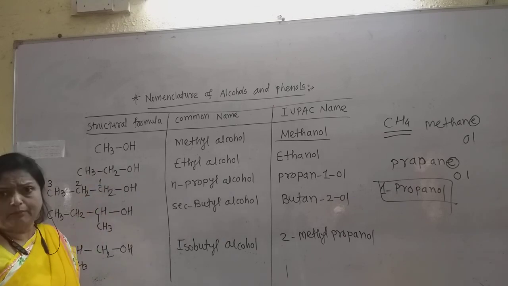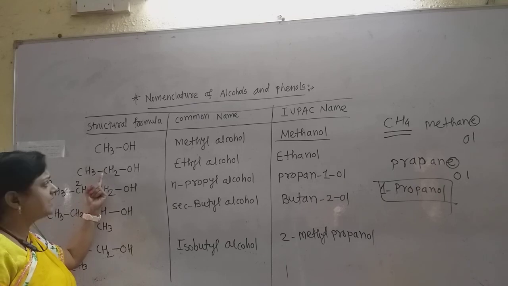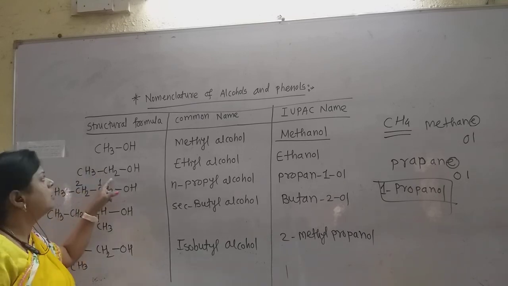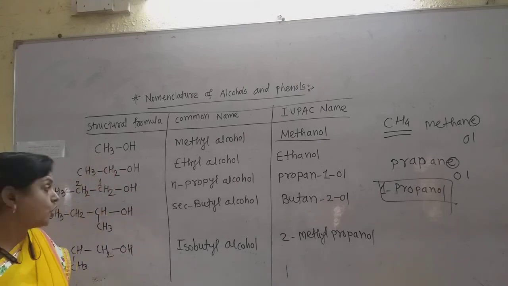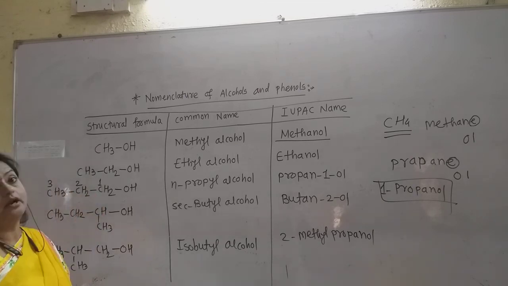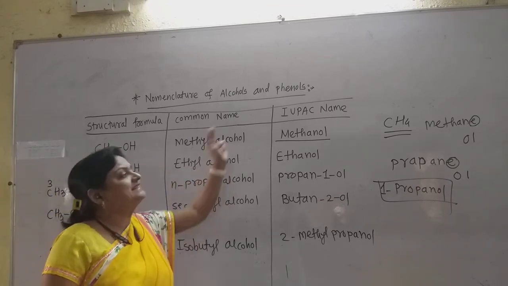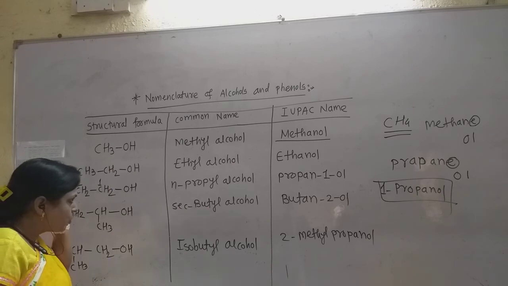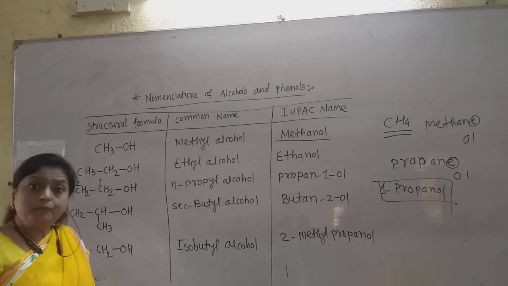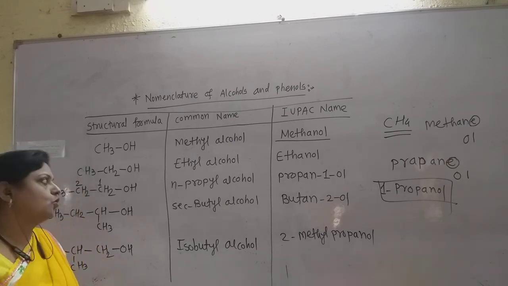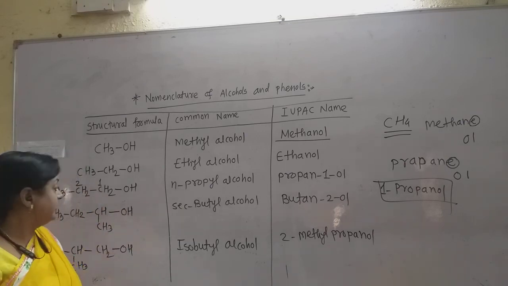Now see the second example. Here there are only 2 carbon atoms, so the number is always given from this carbon, which is carbon 1. So up to methanol and ethanol, numbering is not given. Numbering starts from the alcohol having 3 carbon atoms. Ethyl alcohol is simply given the name ethanol. But from propyl alcohol the numbering starts, because in propyl alcohol there are 2 types of alcohol, normal propyl alcohol and secondary propyl alcohol. So the numbering is important.